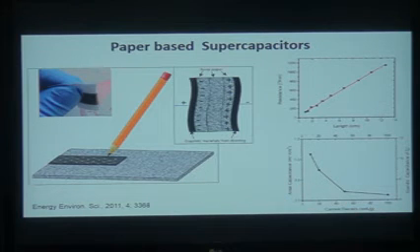Even people have used this kind of pencil on paper approach. Even Professor Kulkarni has done a lot of work in this direction, where they made different device elements like capacitors, resistors, and different circuitry around, even microfluidic devices. A lot of things can be done just by simple writing on paper with pencil. But here, controlling the pressure with which you write and the resistance precisely becomes more challenging and kind of irreproducible. Like you may not end up with the same value device every time.